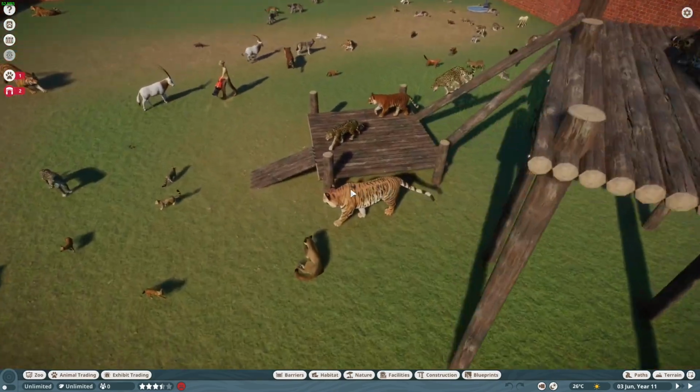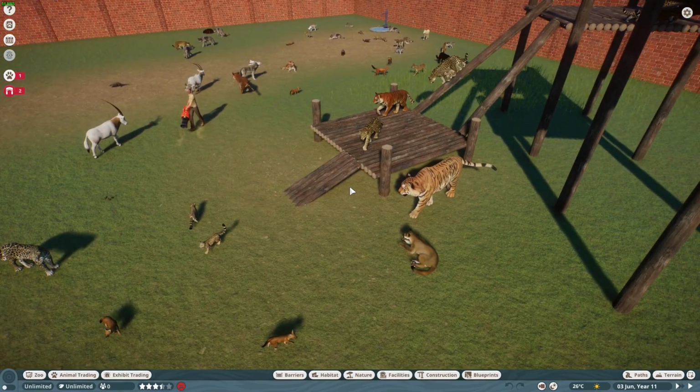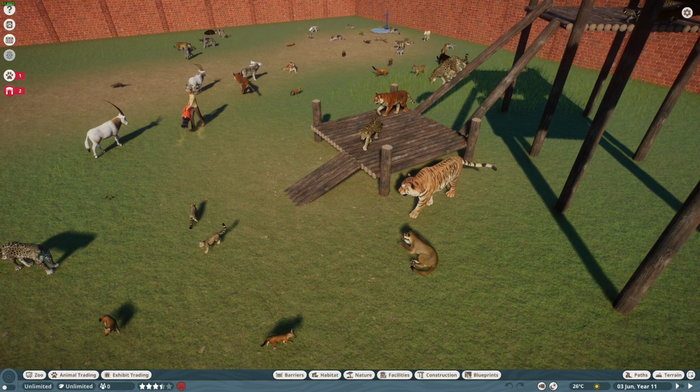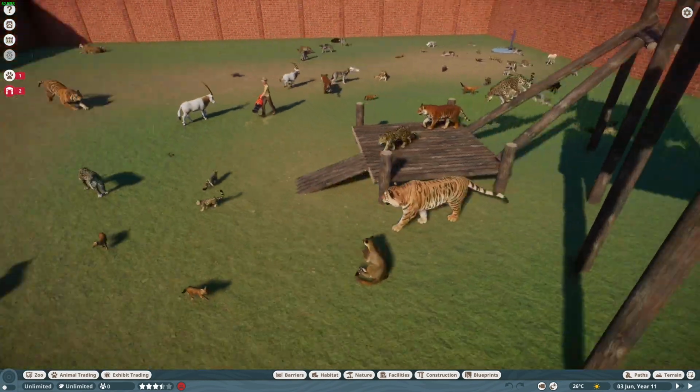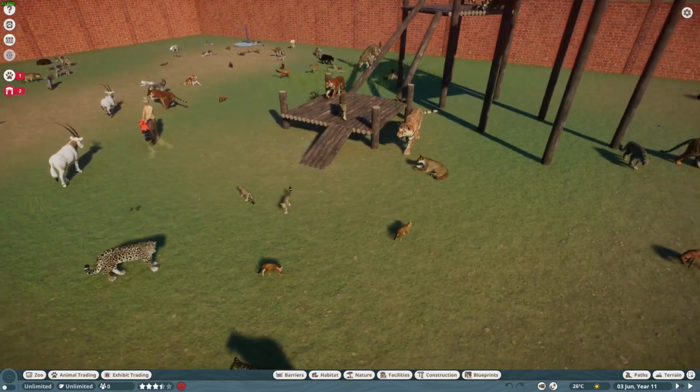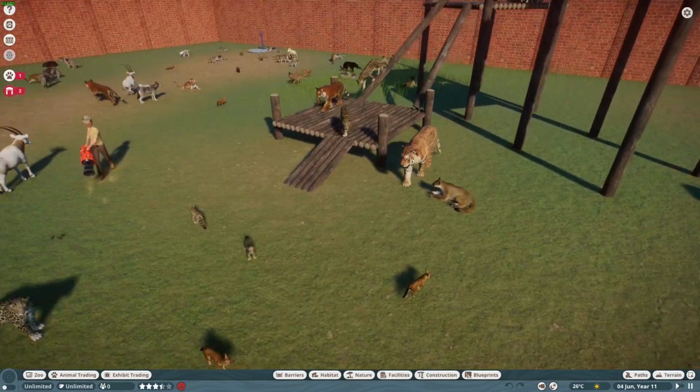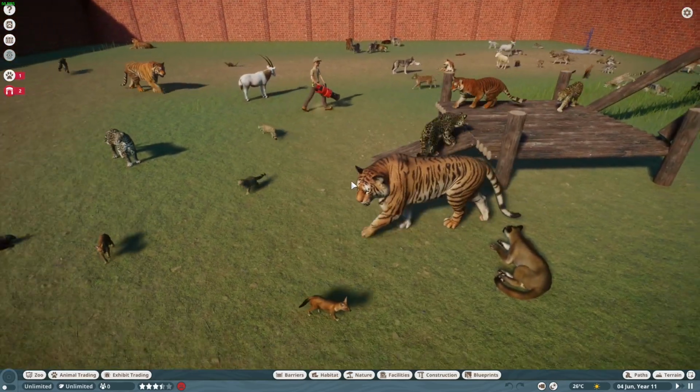which is mainly why I want to do a Malayan tiger, because Malayan tiger is actually a better option for Planet Zoo anyways, because they're more common, at least in US zoos, than the standard Bengal tiger. So we're gonna hop out of Planet Zoo here,